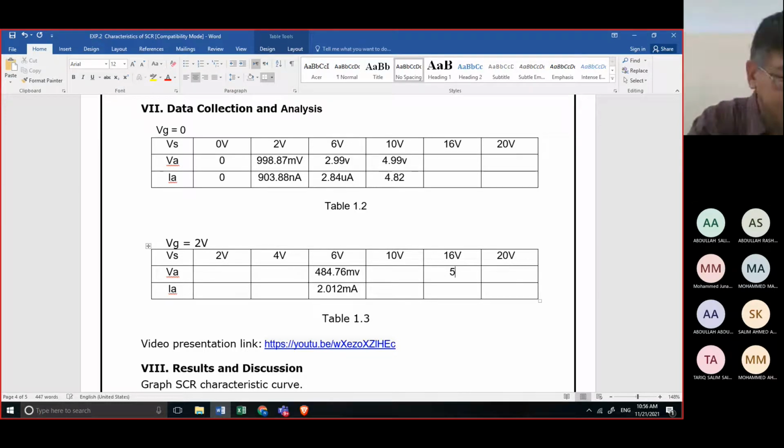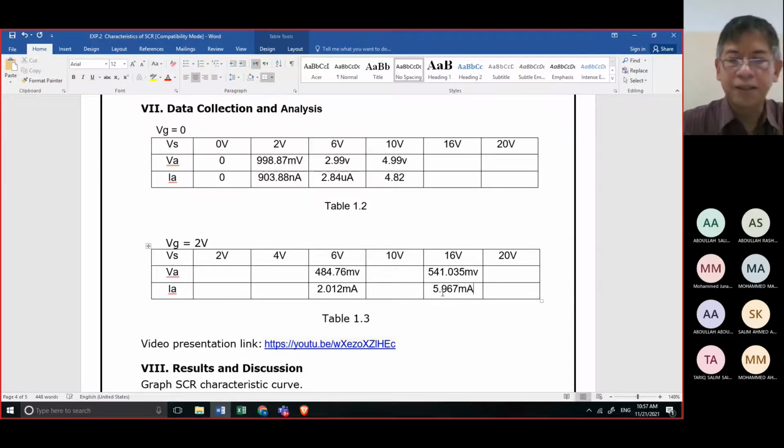It is 541.035. Okay, what is the unit? Millivolt. And then the current is 5.967